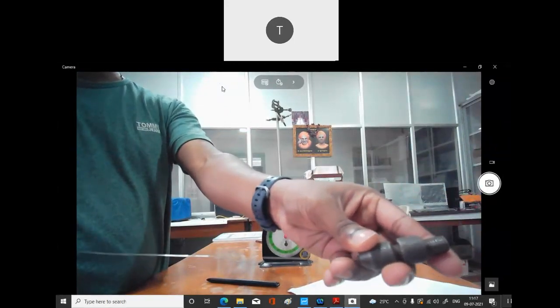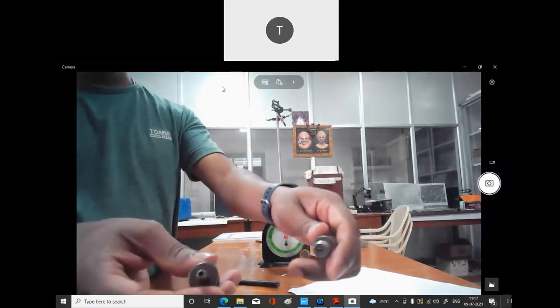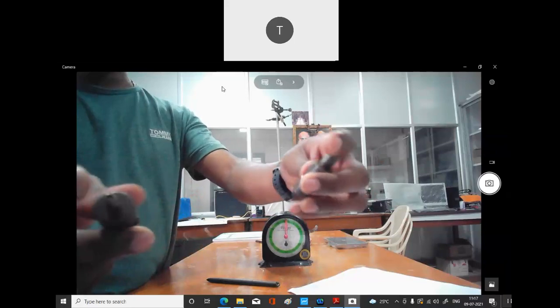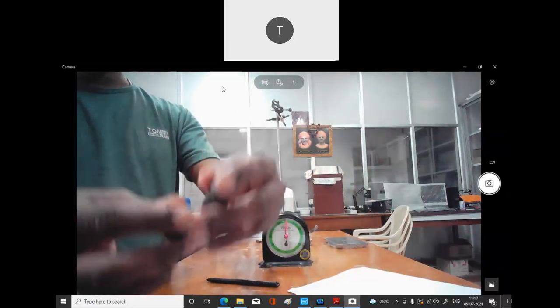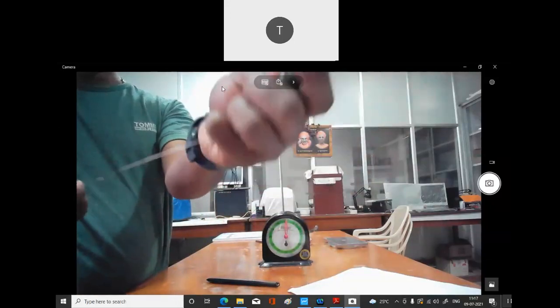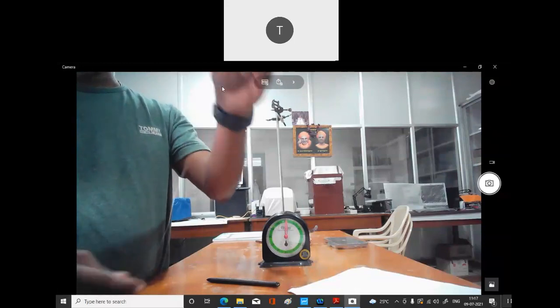This is the wire. You can see there are two nuts, one at this end and one at the other end. So there is a wire in between. This is a stainless steel wire, and you can see this is almost fixed, so it will not come out. You can apply any amount of load on that.